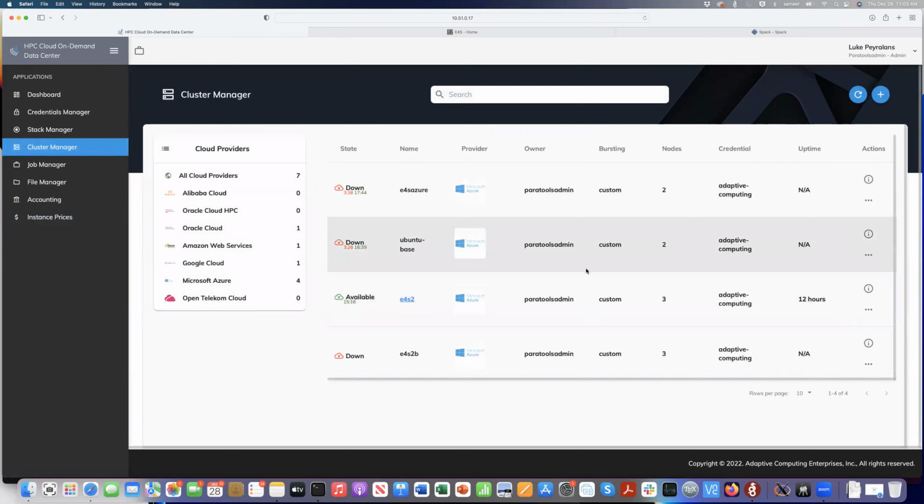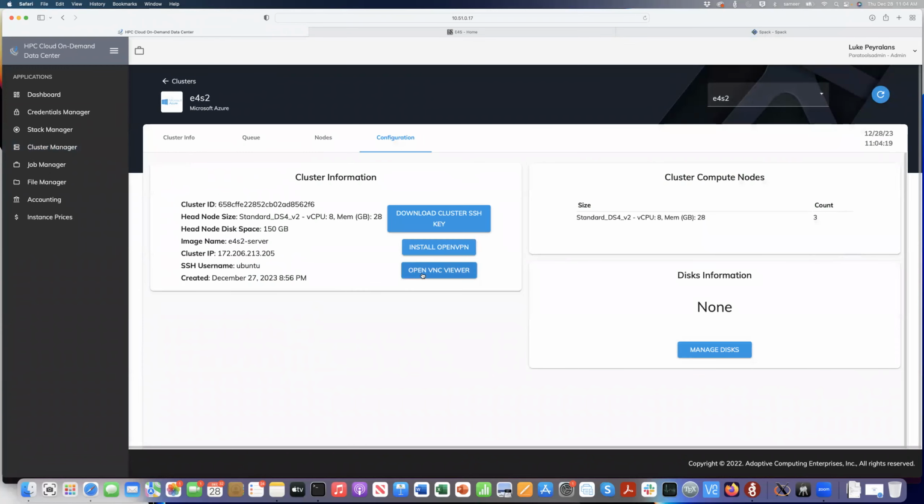Now, you do not need to launch the cluster using any shell scripts or your own tools installation. Everything is done through a web-based interface. It's a scalable cloud systems management solution that easily allows you to spin up this Microsoft Azure cluster, and it can take care of all the HPC cloud infrastructure resources and gives you the ability to launch your jobs using a web-based interface. You can even launch a VNC session on the head node of the cluster that you